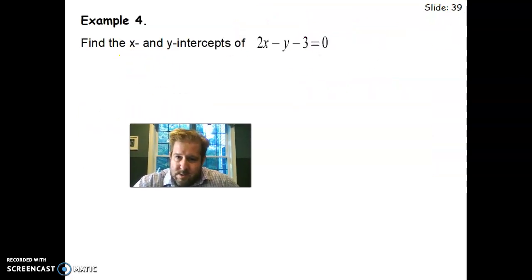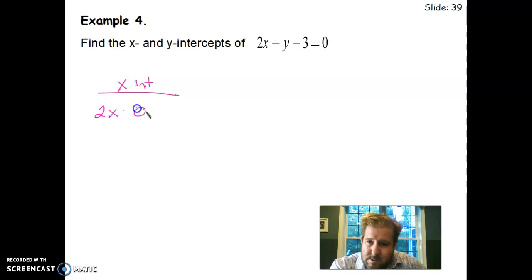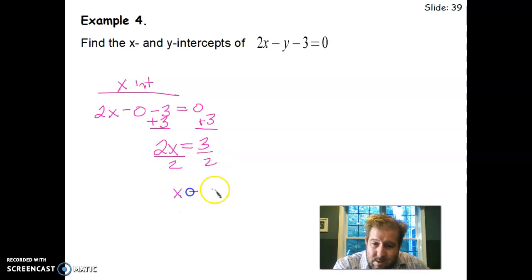All right, so find the x and y intercepts, which is the last thing we need to cover. Pretty simple process: if you want to find the x-intercept, plug 0 in for y. If you want to find the y-intercept, plug 0 in for x and solve. So if I'm going to find the x-intercept, all I need to do is replace y with 0. So 2x minus 0 minus 3 equals 0. Okay, so -0 minus 3 is -3. If I add 3 to both sides, I get 2x equals 3. And if I divide both sides by 2, it looks like the x-intercept is at